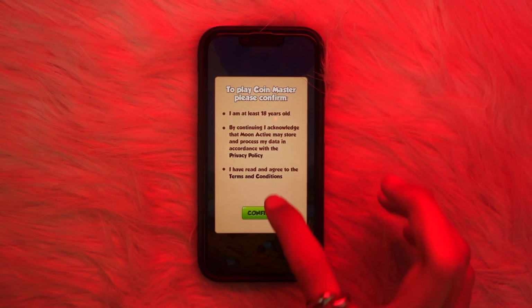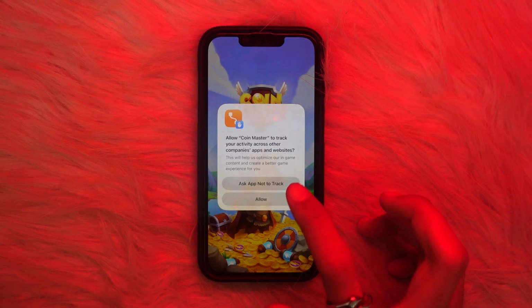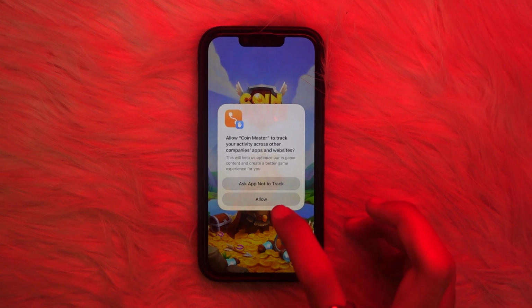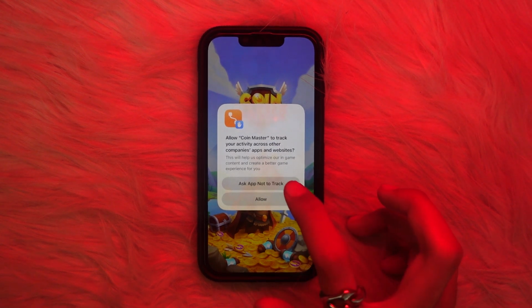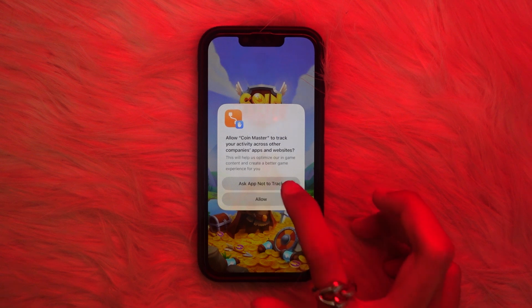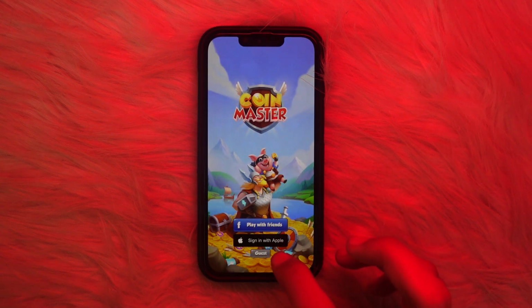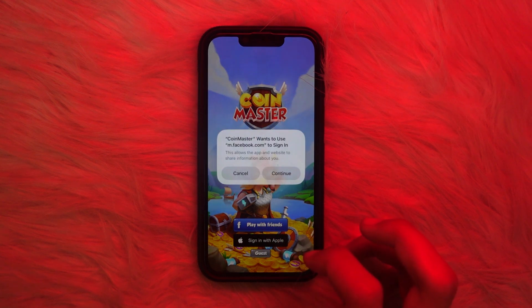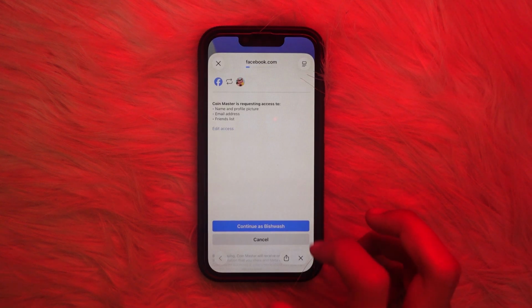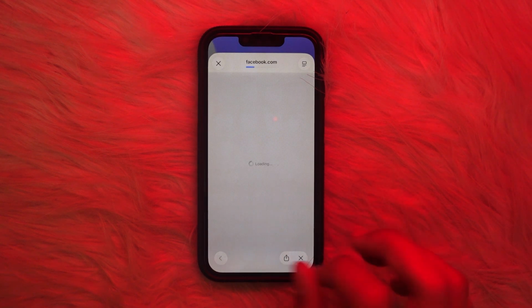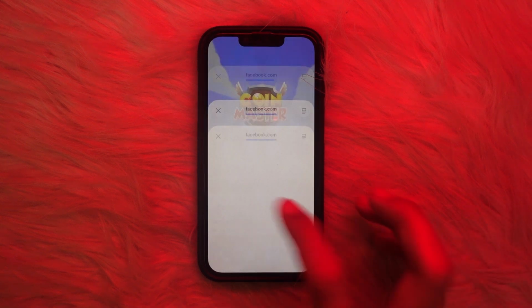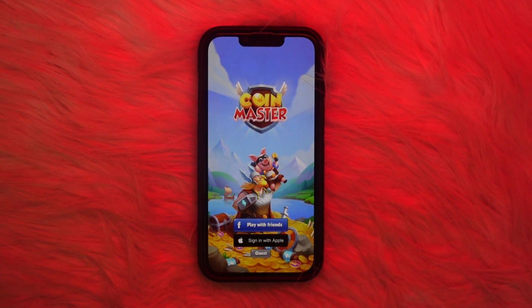And after reading all of this, tap on confirm button, and it will ask you to track your activities. Tap on allow button and if you don't want them to track you, tap on ask not to track button. And now you need to sign in with your Apple or your Facebook, and you can also play this game as a guest, but to sign in you need to select one of these and then tap on continue button, and tap on continue as your Facebook ID name, and again tap on it,